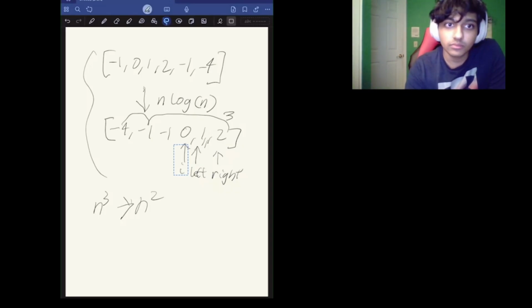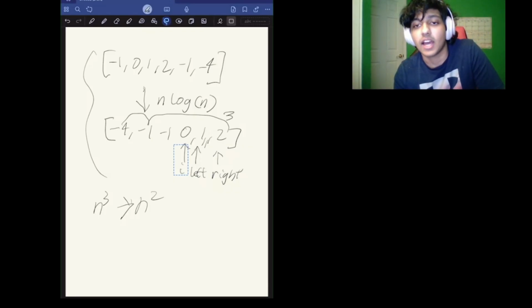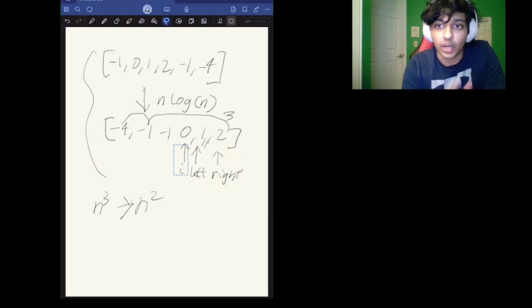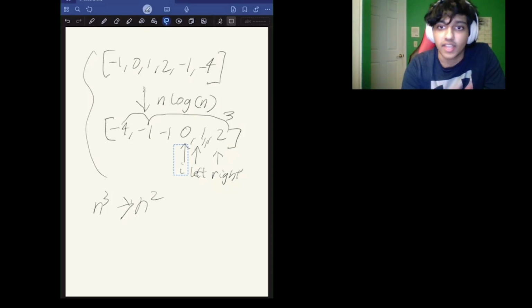Now we're going to set two variables, left and right. We're going to set left to be i plus 1. Remember how we start off with left being the second value, not i, but the second value. And right is going to be the last value, length of nums minus 1. Just a reminder that these are the indexes, not the actual values in the list. Now we're going to say while left is less than right,